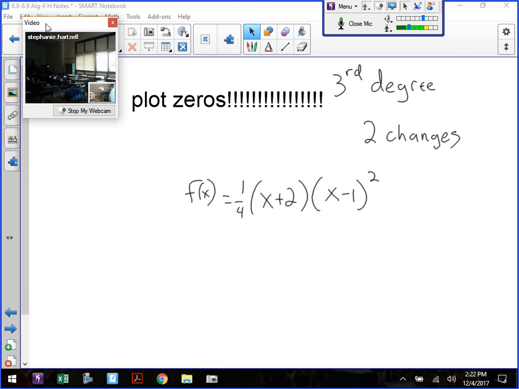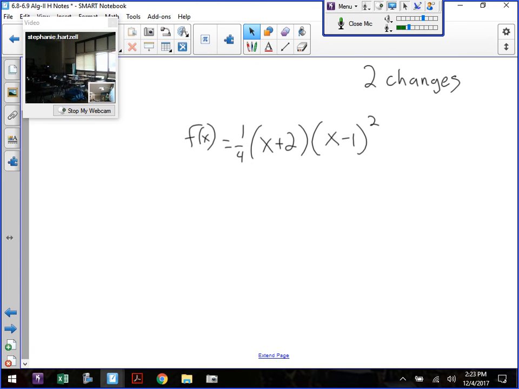Now in this case, you have zeros at -2 and 1. But how many do I have at 1? 2 of them, which means it has multiplicity at 1. Which means, what does it do at 1? It changes direction. Yes, ma'am? No, not at all. So if I'm plotting this via my zeros,